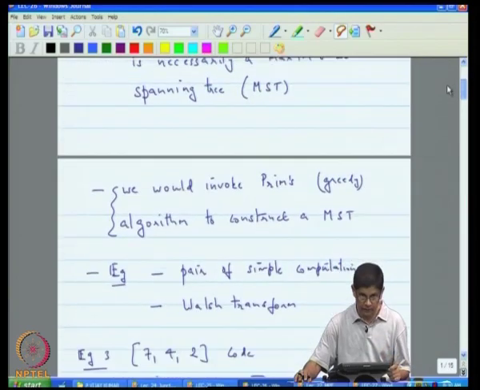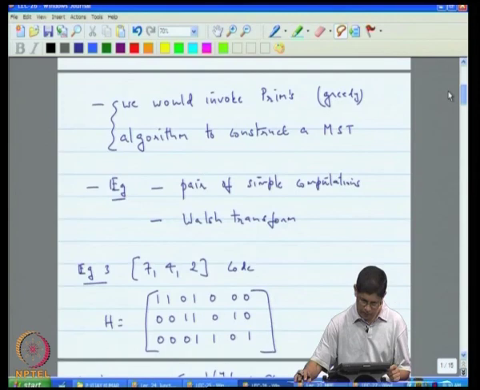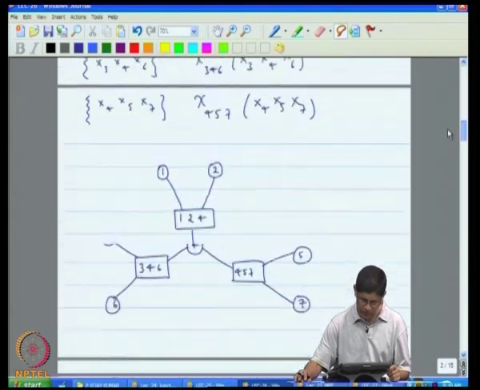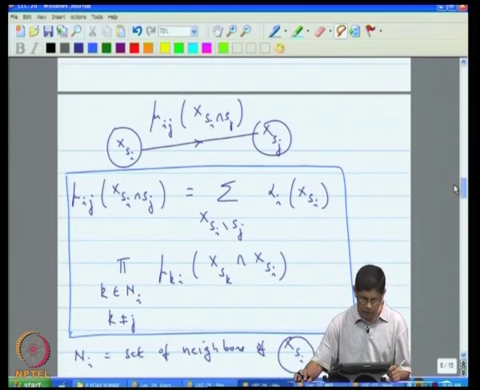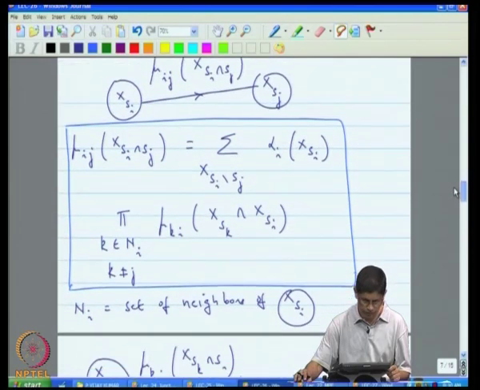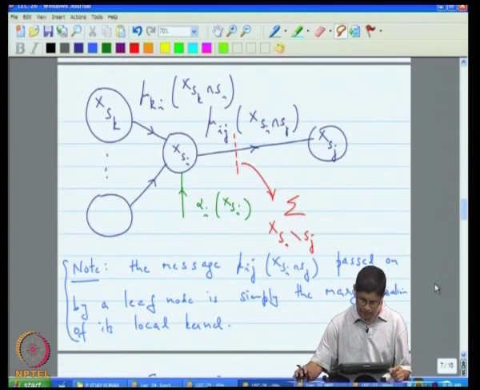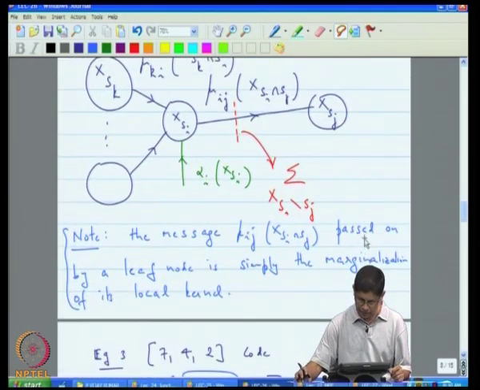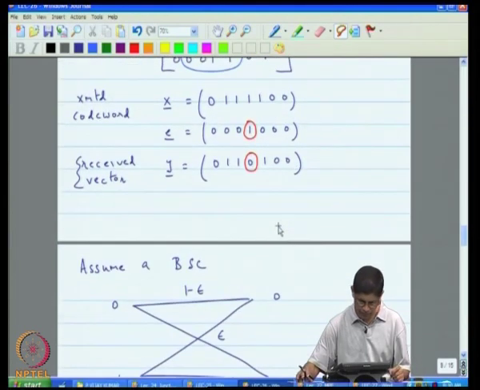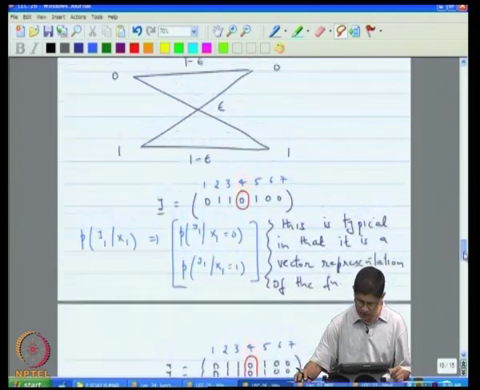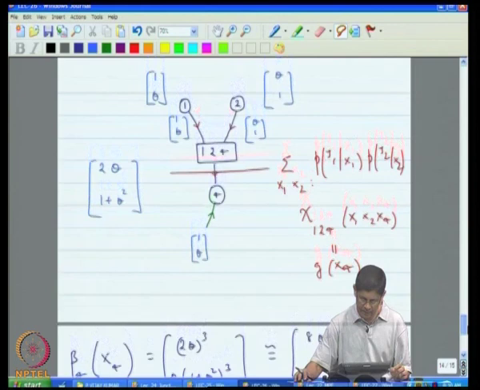So the first part of the lecture had to do with the example of junction tree construction, and that was concluded here. Then I gave you a formula for message passing, and we applied it to the 742 code. We passed messages on the 742 code as shown here, and eventually we ended up